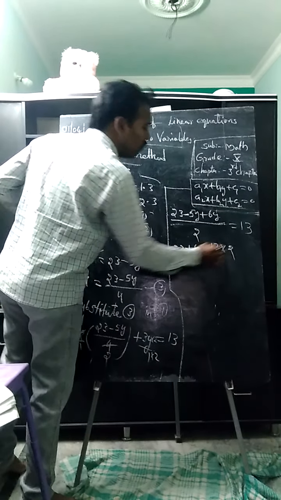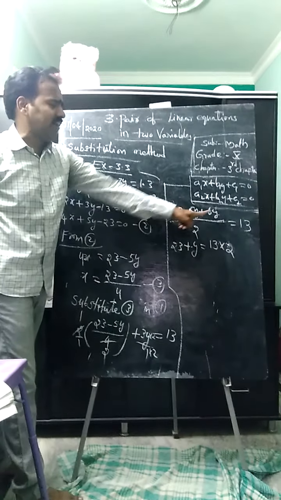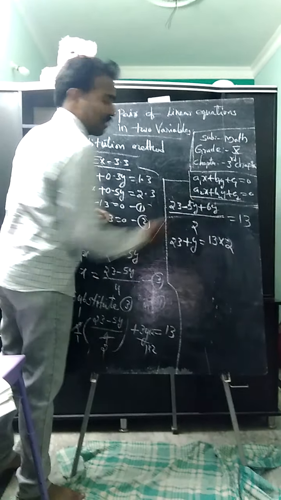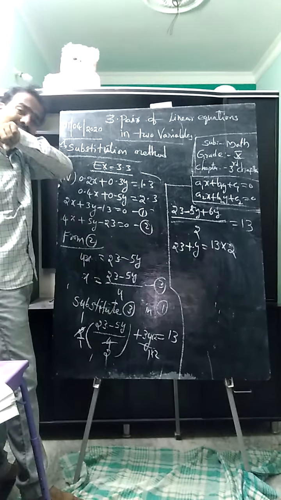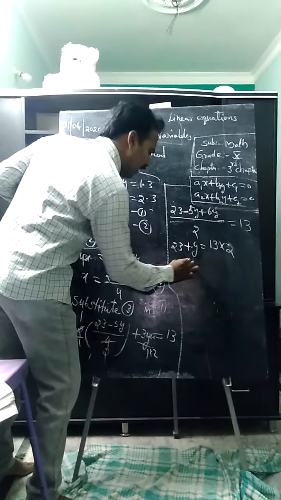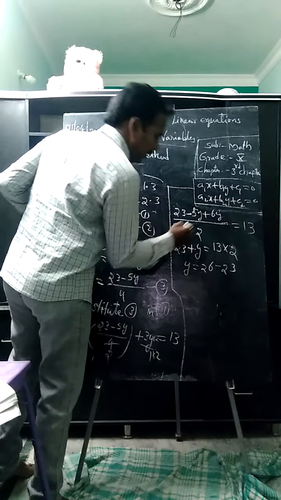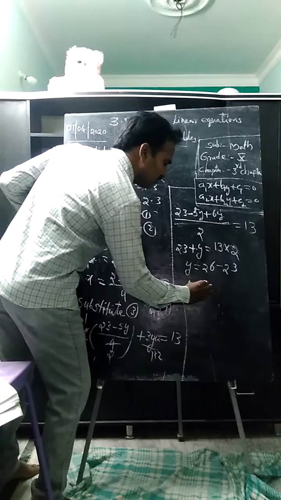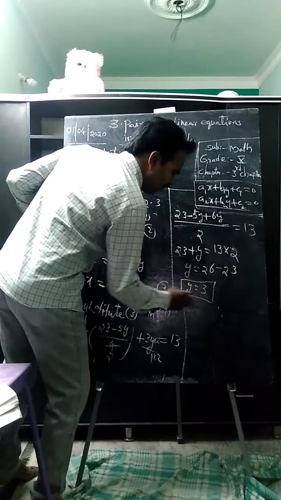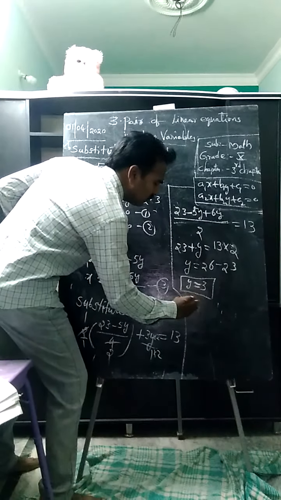Here we have one positive and one negative sign. As we have like terms and different signs, do subtraction and take the larger number's sign, as you learned in earlier class. 6y minus 5y, y. Now we have y equal to 13 2s are 26 minus 23. Yes, y equals 3. What is the y value we got, students? Yes, 3 we got. Now put y equal to 3